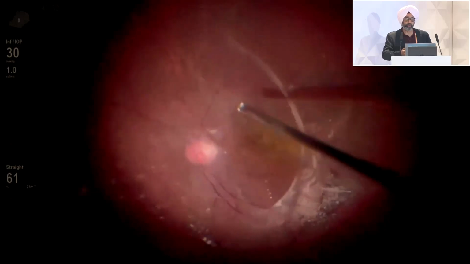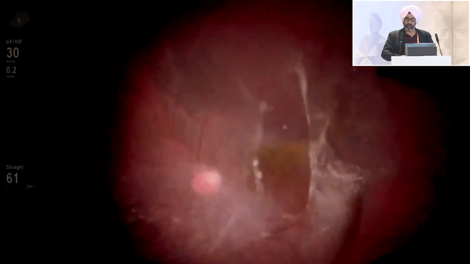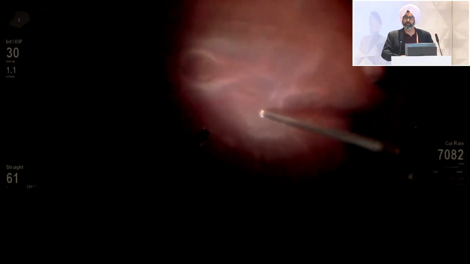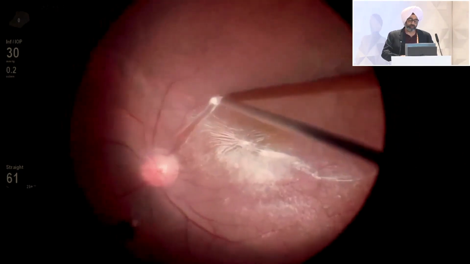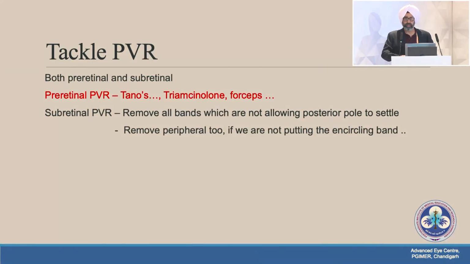I was able to pick the whole hyaloid there. This is what you have to do: the hyaloid, and then go to the periphery, wherever you have not supported your retina, go to the far vitreous base. That is very important. This is what you have to remember. And then once you have taken care of the hyaloid, before PVR or after PVR, now you know that you